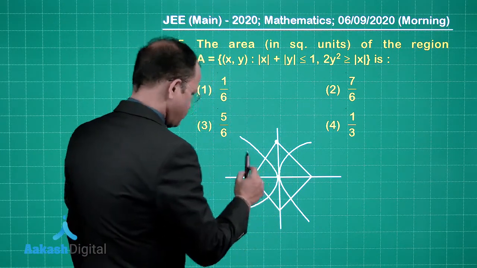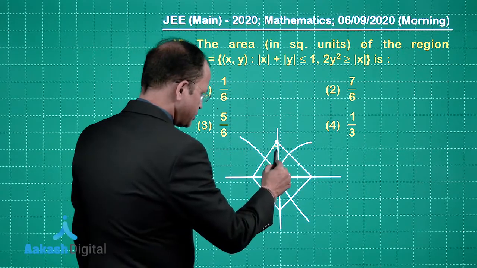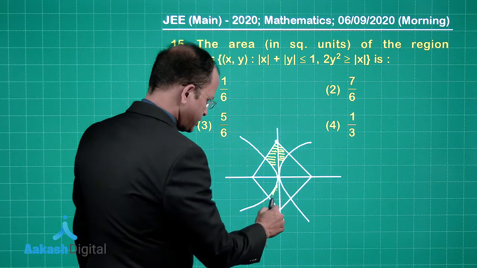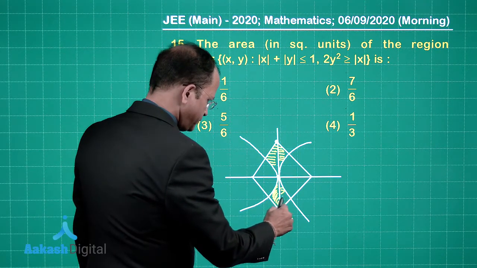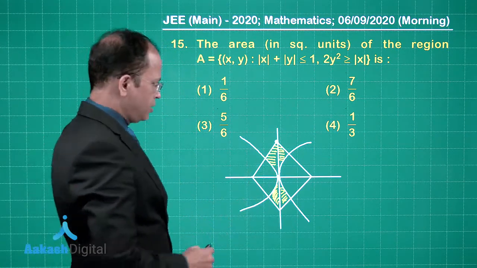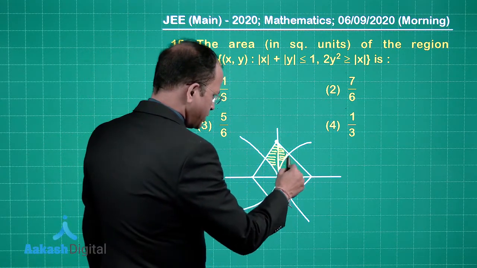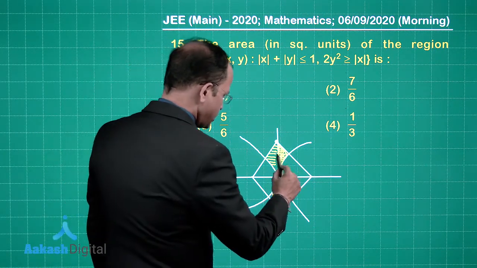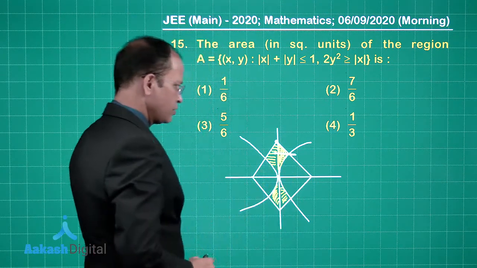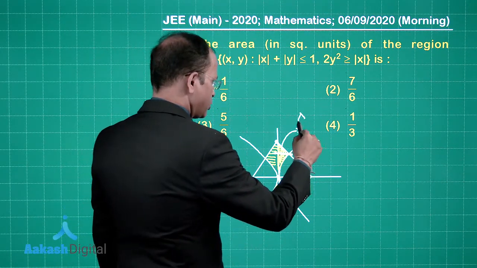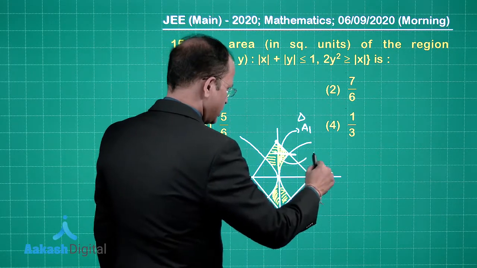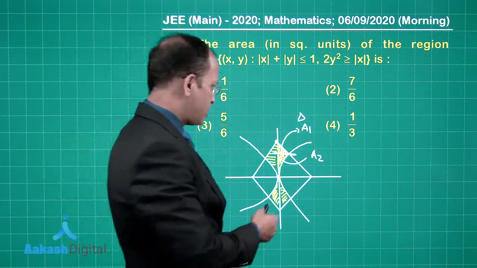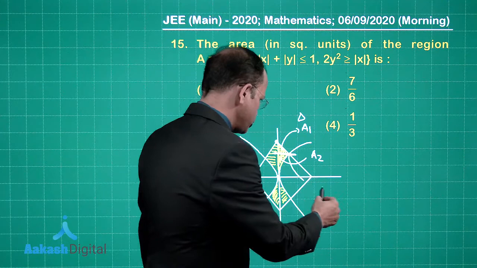Now what we have to find is this area actually. You have to find this area, right? So these are all symmetrical. If we can find this area and multiply it by 4, we'll get the final answer. So if I talk about this area, there are 2 zones. One is this triangle, this is area 1, and this is area 2 we have. So we can use the area under the curves concept, finding this area, and this point is going to be half comma half, right?